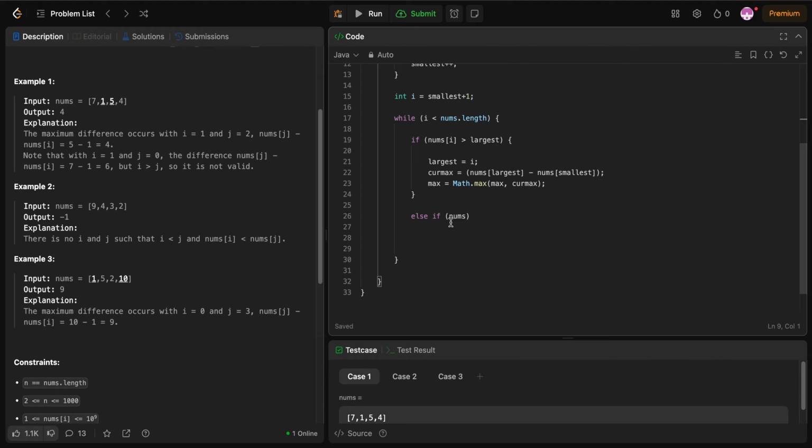while i is smaller than nums.length, if a number at i is greater than largest, then largest equals i. Largest equals i. Okay, I think I'll just